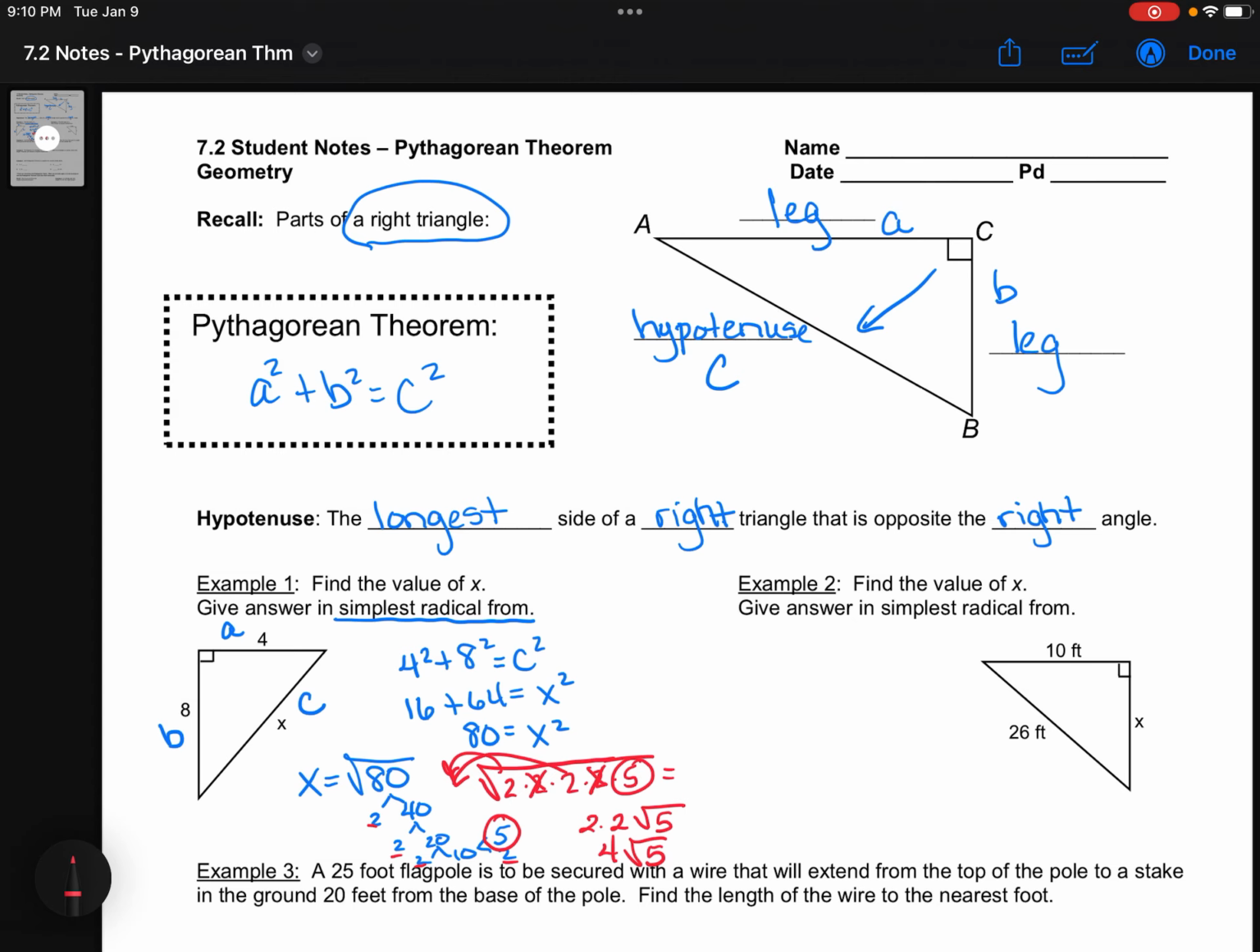For the next one, we know C, but we do not know one of the legs. So I have 10 squared plus x squared equals 26 squared. So what that means is that I have to know what 26 squared is. 25 squared is 625. So it's going to be 6